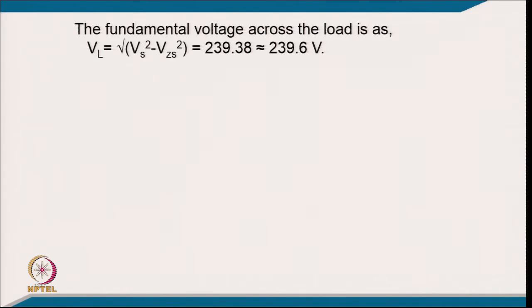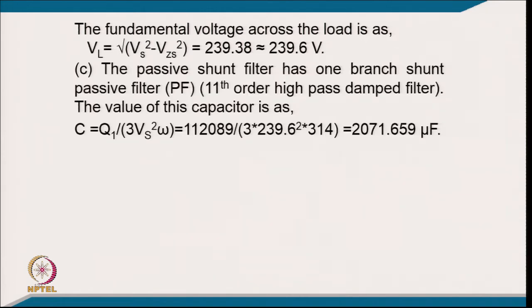And the fundamental voltage across the load is equal to root of Vs square minus Vzs square, that comes to 239.38 volt, very close to the supply voltage 239.6 volt. And now the passive shunt filter has one shunt branch, a passive filter of 11th order high pass. So, that comes C equal to, for 3 phase 3 branch, Q1 upon 3 Vs square into omega, putting the value it comes 2071.659 microfarad, and that is